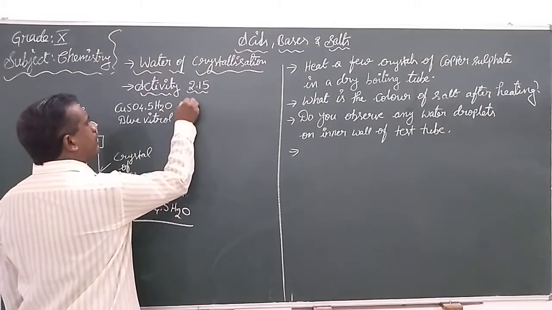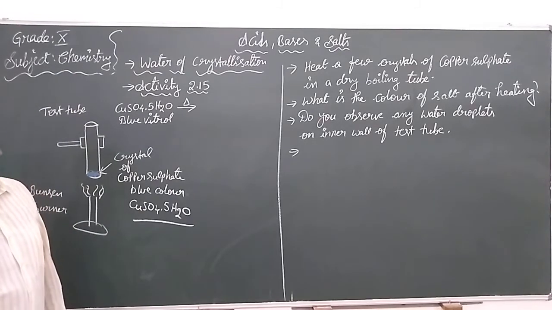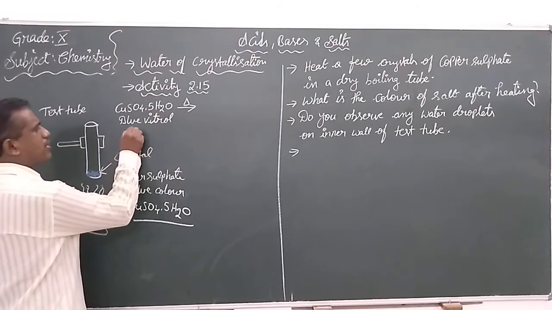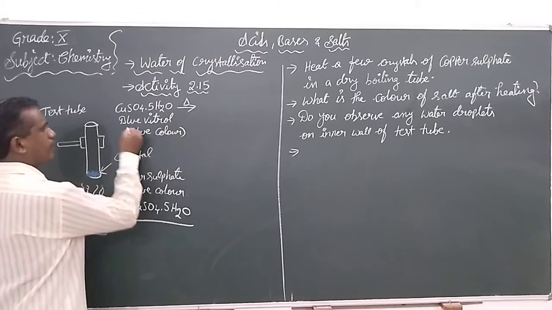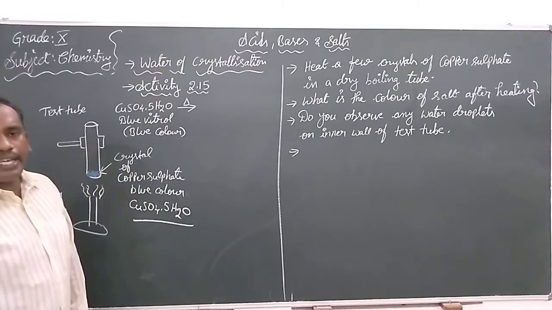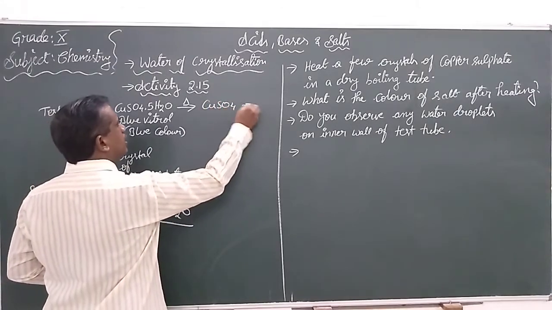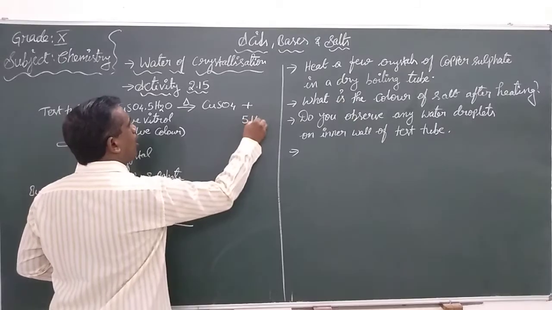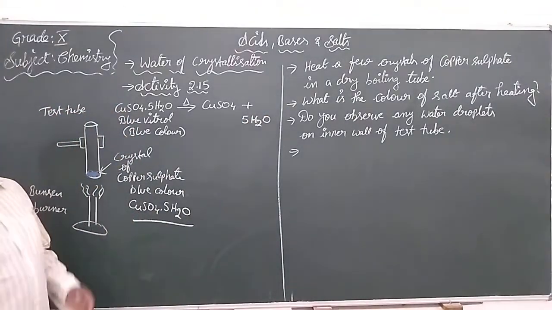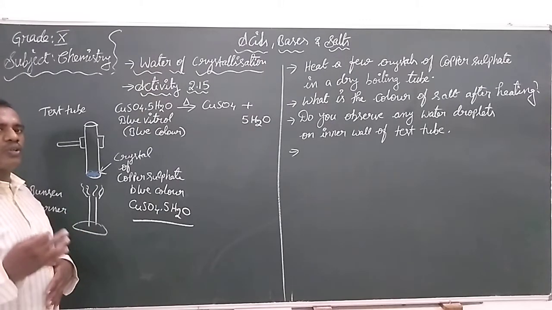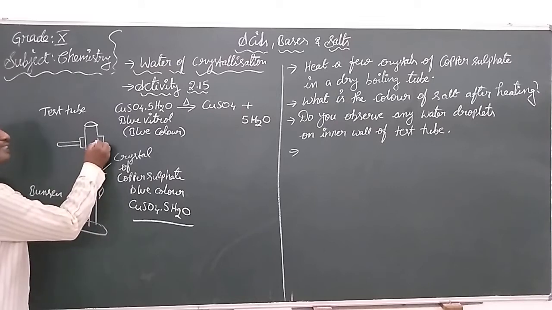What are we doing? We had started heating. What is the color of the salt we mentioned? The color of the salt is blue color. Once you go on heating, this salt will lose its water molecules. Water molecules will be evaporated from the salt and they will be attached to the